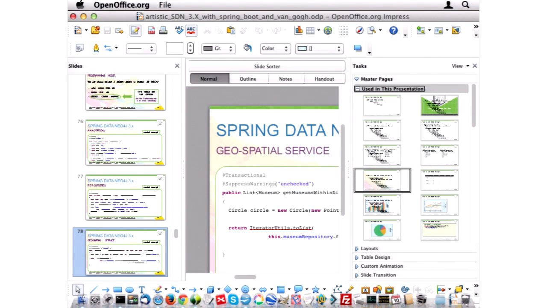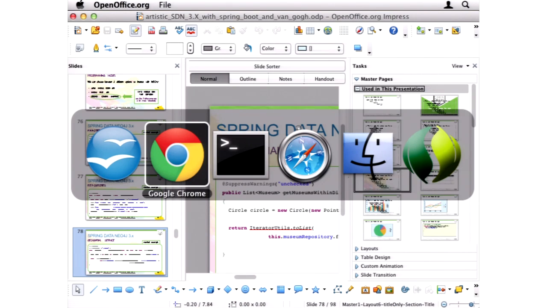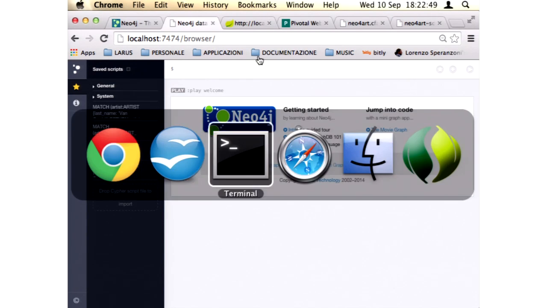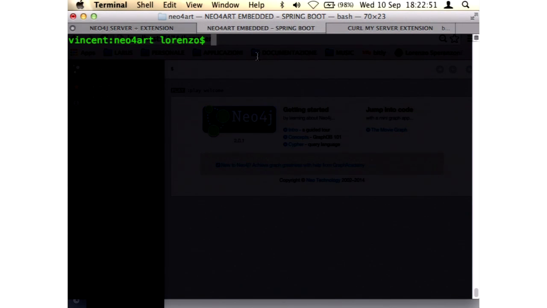So let me show the live demo before we move to the server extension mode. With Spring Boot, what we just have to do is start our Tomcat application by running this command, Spring Boot run. So the instance starts.